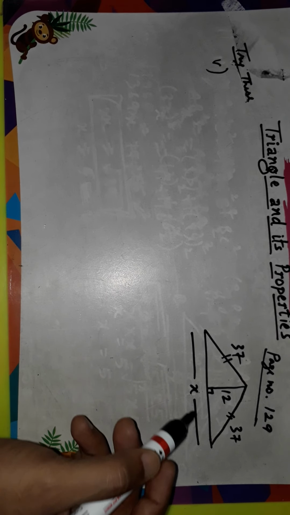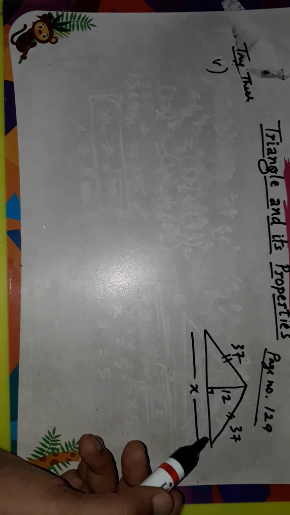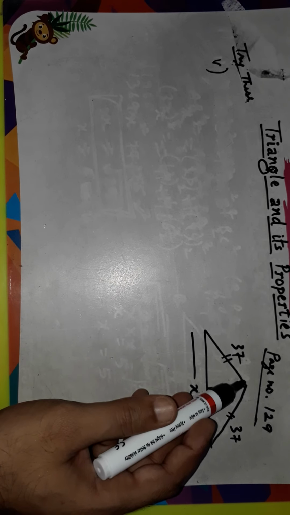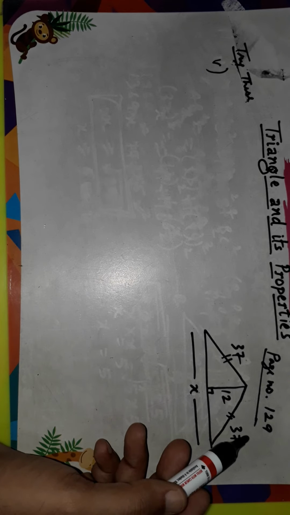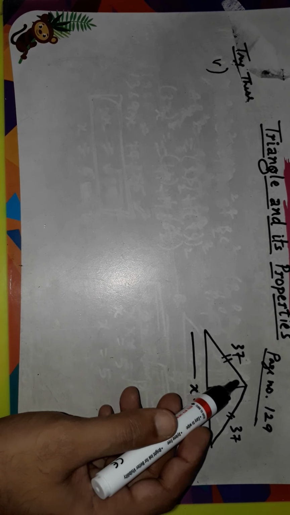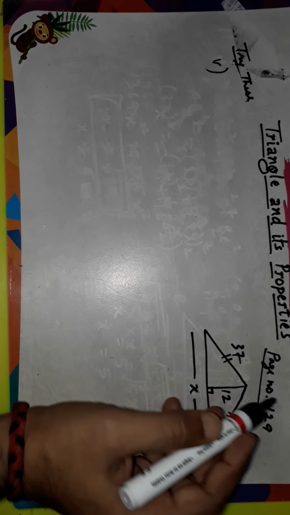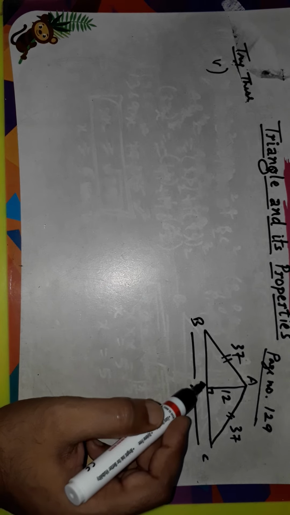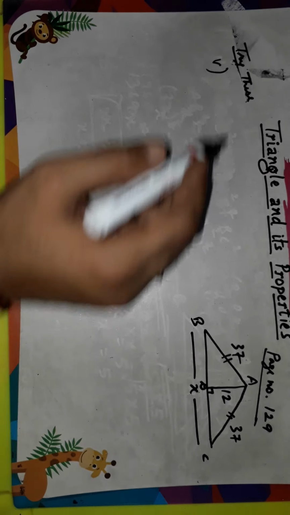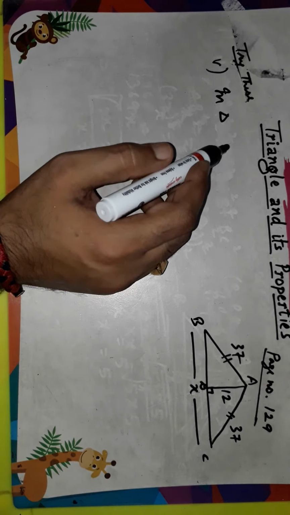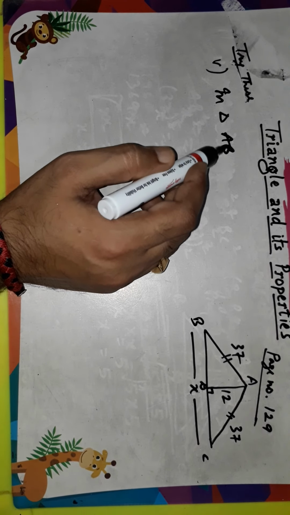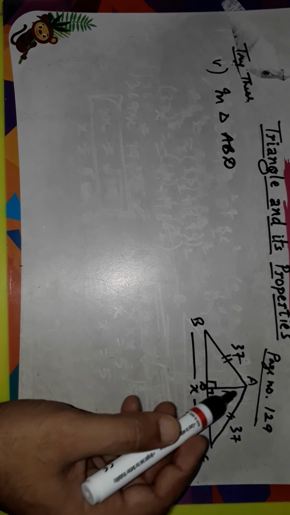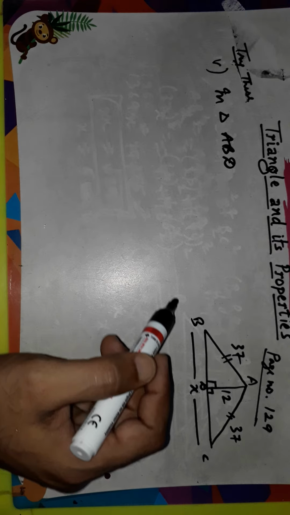But here we have to find the value of x. So how will we find it? In that case, this side is also not given as 90 degrees, and anyway it will not be 90 degrees. But what to do now? So let us label this figure as A, B, C and D. Now let us take triangle ABD, where you know that if this is 90, this also will be 90. It means that AB is the hypotenuse.